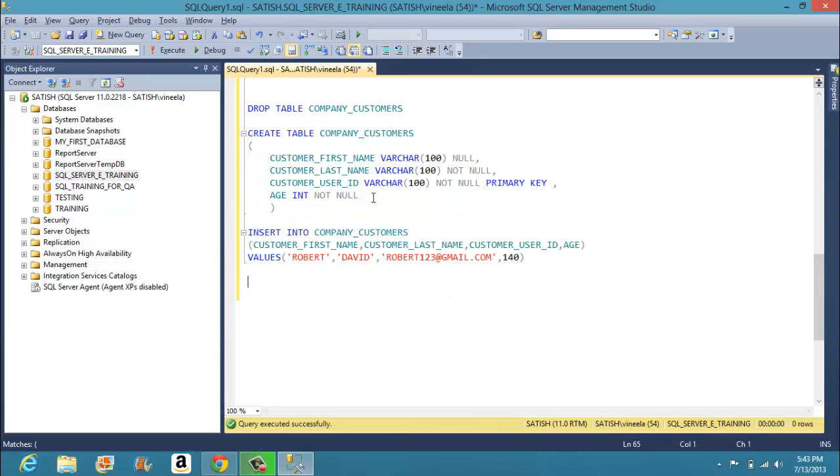But if we try to create a constraint on the same table, let's say check, so what rule do you want to check? Age should be greater than or equal to 18 and age less than or equal to 110. That's your business rule. So if you try to create the table again and then try to